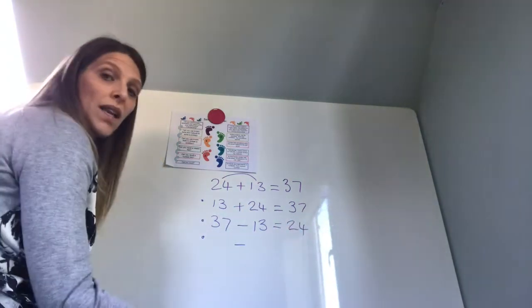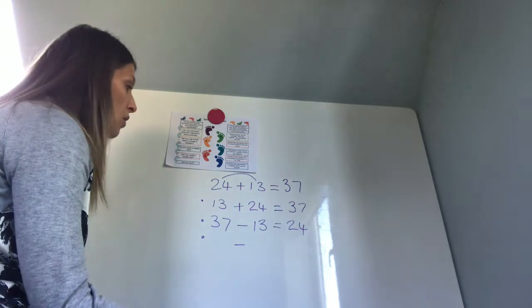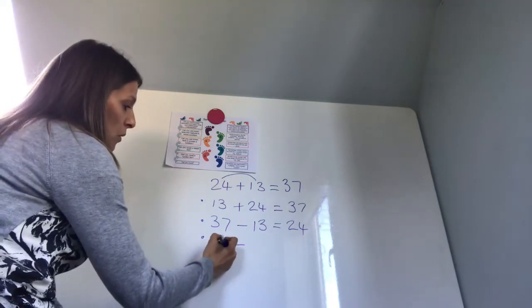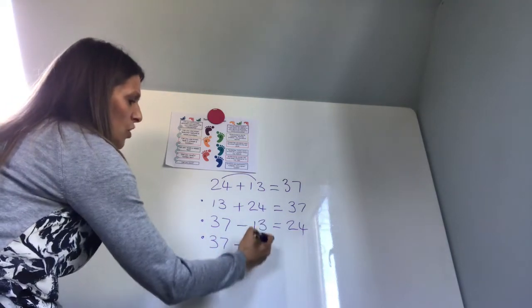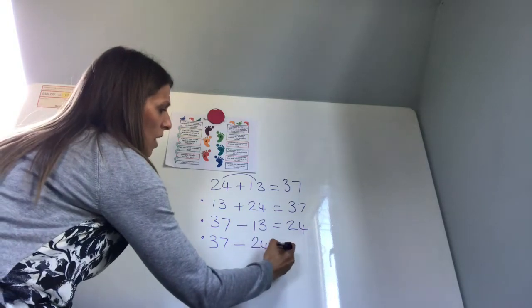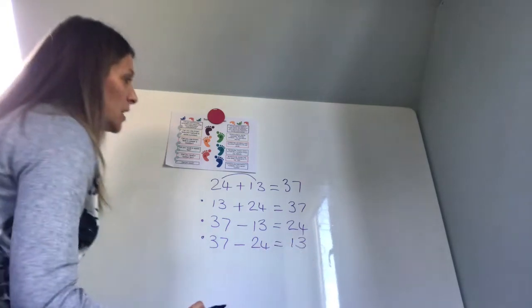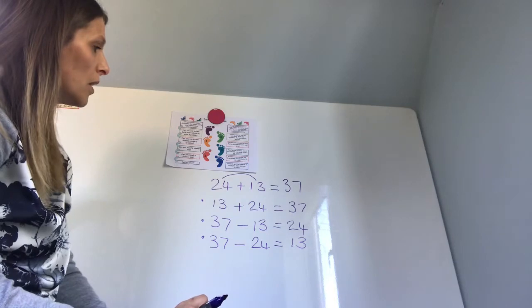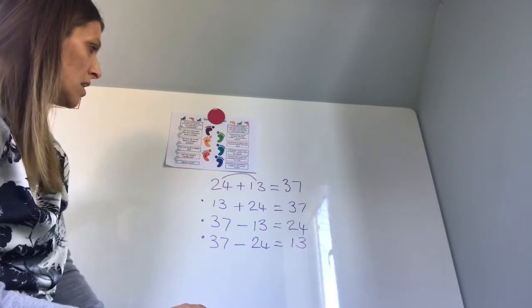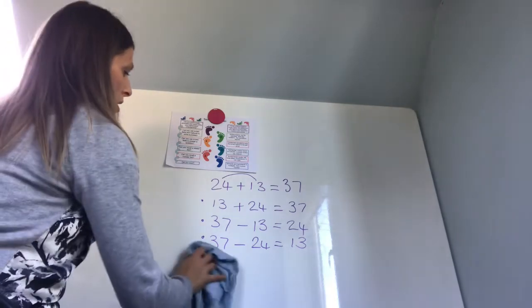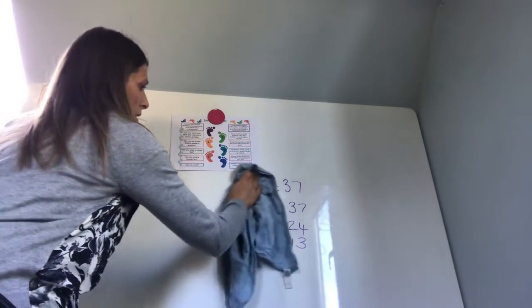Remember, it's always the same 3 numbers that you start with. Again, my biggest number would be 37. This time I'm going to try taking away 24. And that would leave me with 13. So there we go. Let's have a look at how that would work with another